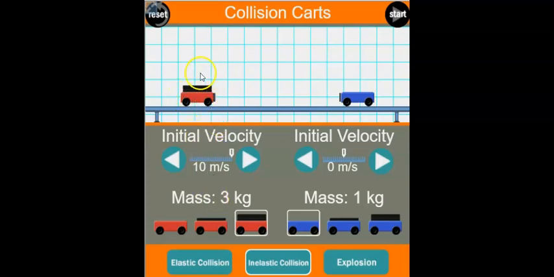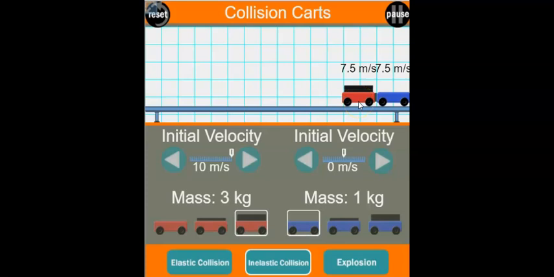Here I have placed 3 kilograms on the red car, which will be moving at 10 meters per second and will strike the blue car, which is 1 kilogram, at rest. Let's run the simulation. And there you could see that the heavy car keeps pushing through and slows down somewhat, while the blue car, which was 3 times lighter, gained a lot of speed from the momentum imparted to it by the impact of